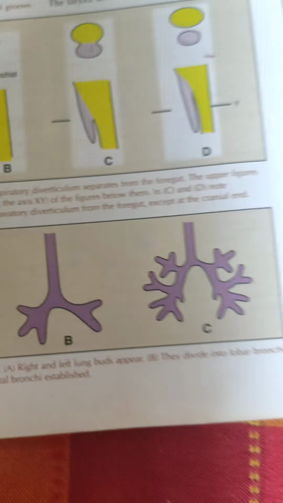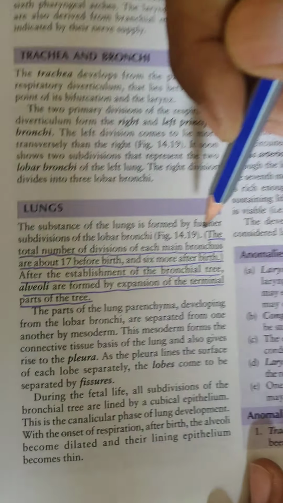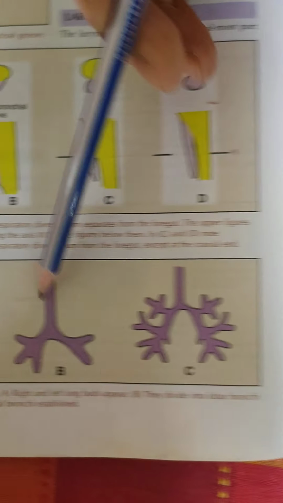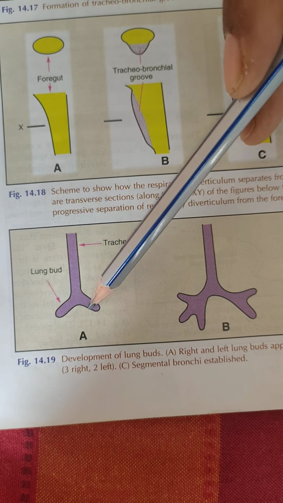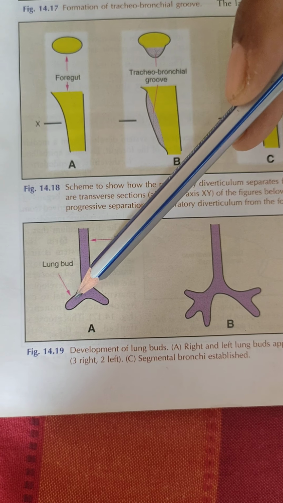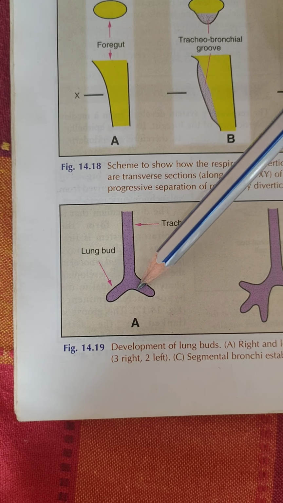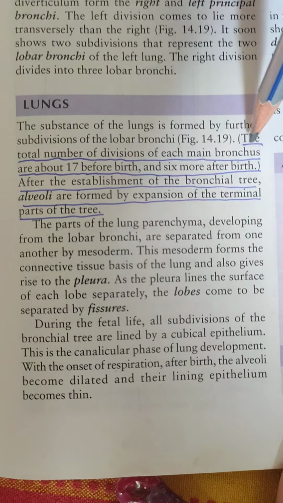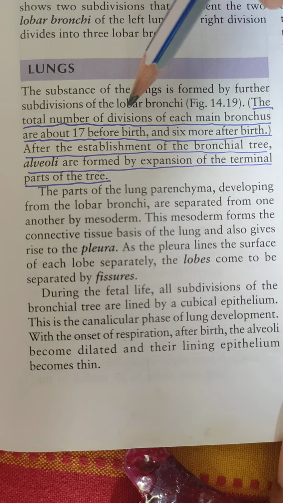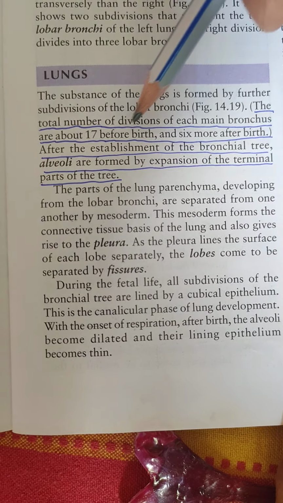Okay. Now please focus on it. So this trachea will be bifurcating into right and left main bronchus, and this main bronchus will go for division.